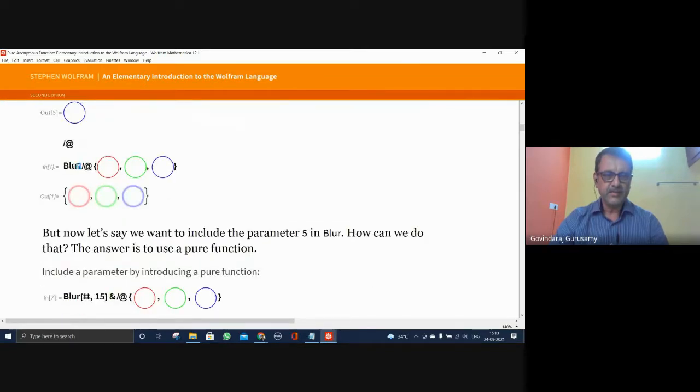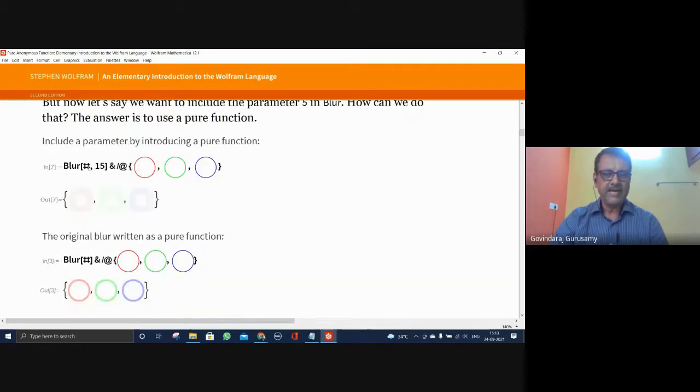This is also a pure function, but by default, whatever is defined for this blurring level has been taken. Now I have a hash here, which goes into this for every one of these circles. 15 times, 15 is the magnitude of the blurring level that has been taken and it's being given here. Suppose I take blurring as 1, which is almost the same as what you have. If I make it 10 times, this is going to be the blurring level. Now I can manipulate this number n and see the various levels of blurring.